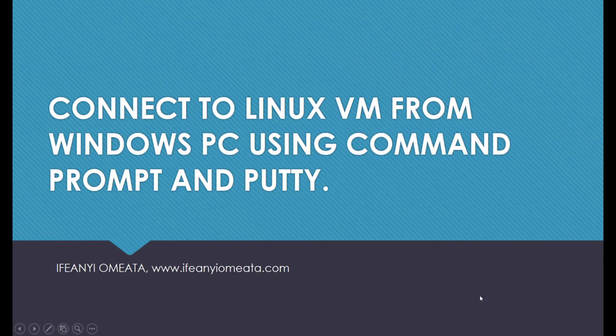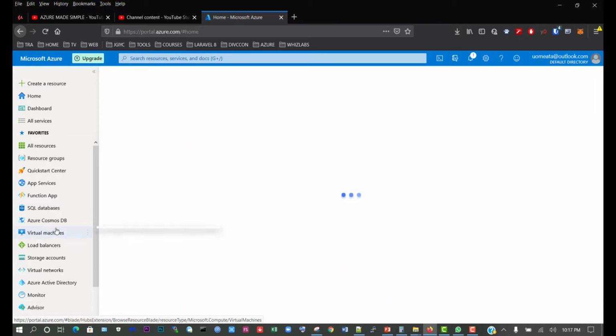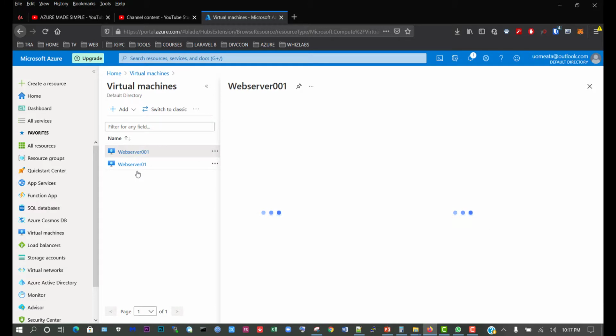Hi, so we're going to connect to the Linux VM from a Windows PC using command prompt and PuTTY. So let's see how that is done. We're back to our Azure portal and we need to go and see the virtual machine. So you go to virtual machines and this is the virtual machine which we created in resource group lab 01. So we're going to click on it